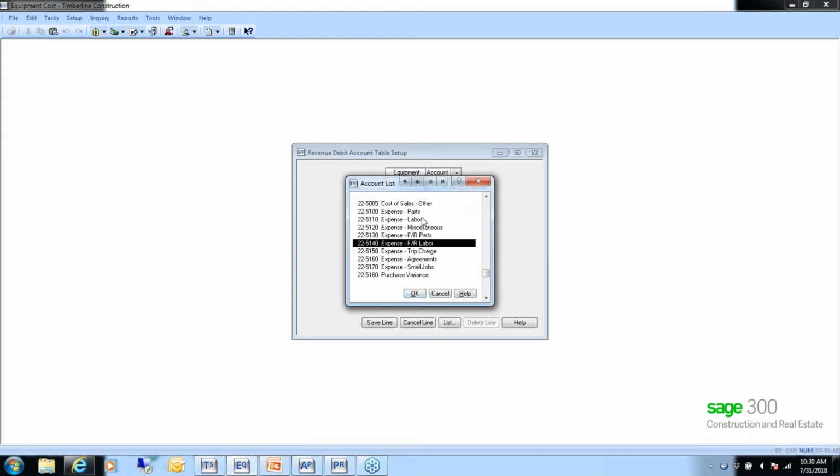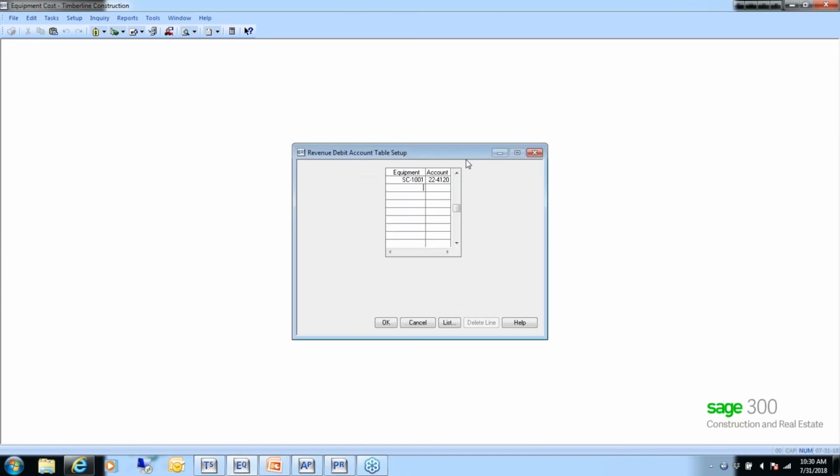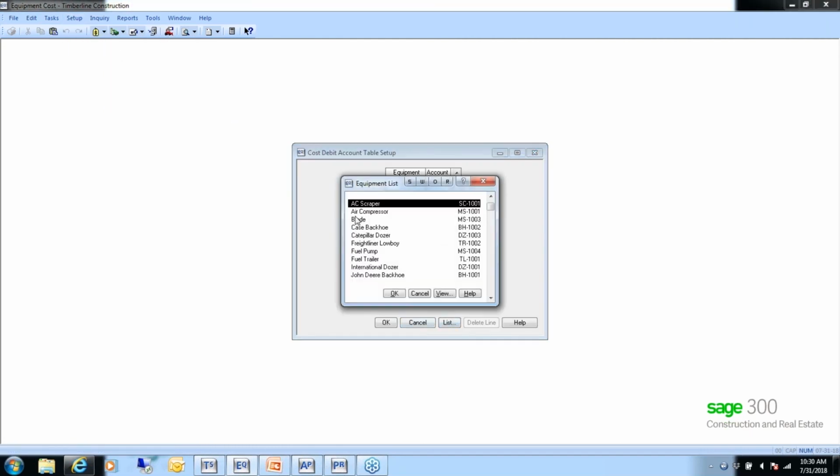All right, the next set of tables we're going to take a look at are the account tables. And again, we set the criteria for this up in EQ settings. So we told it we were using a table, and we told it what the columns were going to be in that table. So here on this grid are the fields that we'll see. And we told it it's by piece of equipment. That was the only field that we highlighted. So that's what we see here, and then we can go ahead and pick the piece of equipment